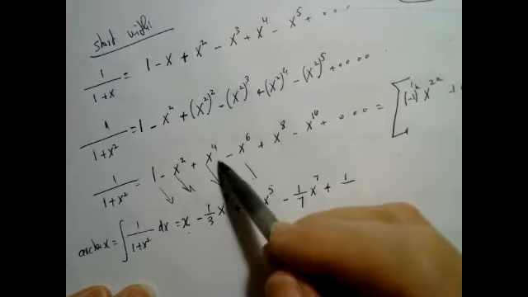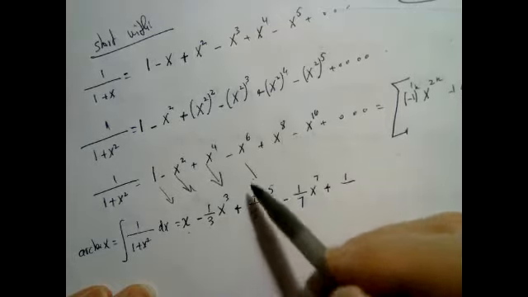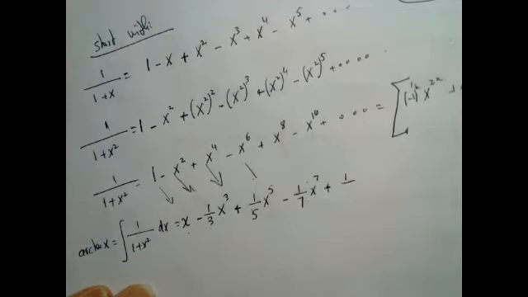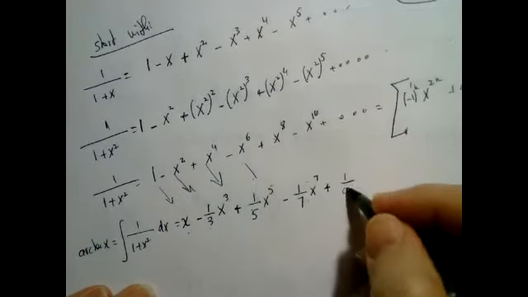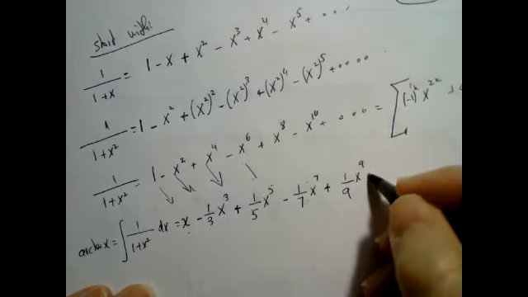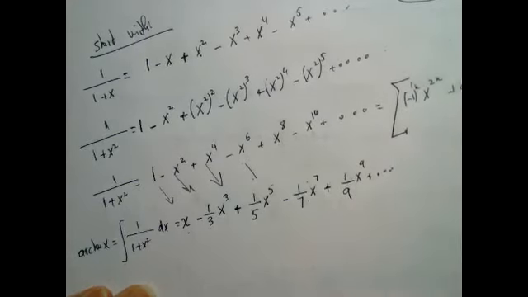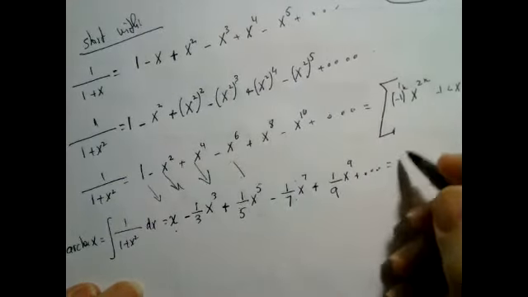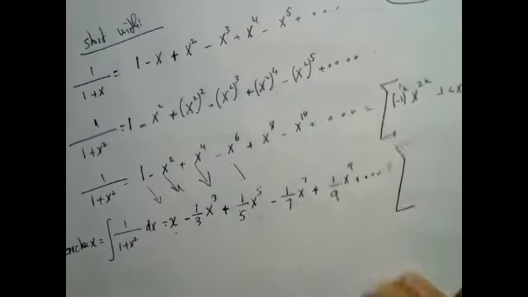x minus this, x^4, I'm right, x^7, I'm fine so far, x^8, so it's going to be 1 over 9, x^9, and so on and so forth. So in sigma notation, this is going to become the following. What I am doing,